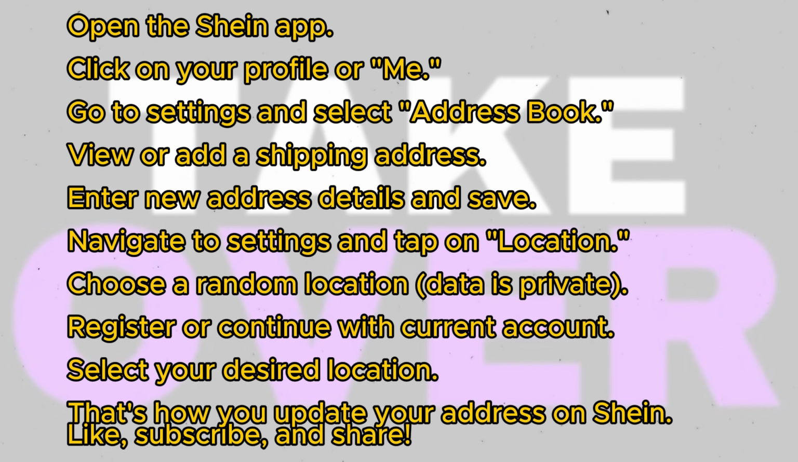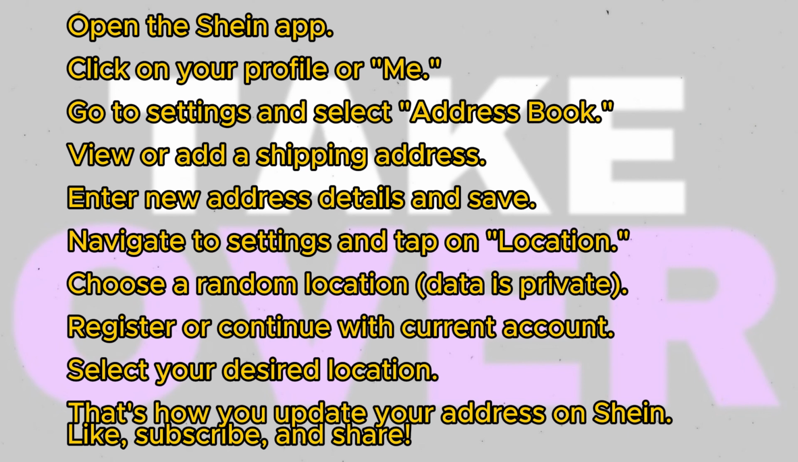To add a new shipping address, go back and click on Add a shipping address here. You can enter the new address details including your name, phone number, address location, and save it. Return to Settings and tap on Location. Choose a random location, but note that your data is collected independently on US websites and will not be shared